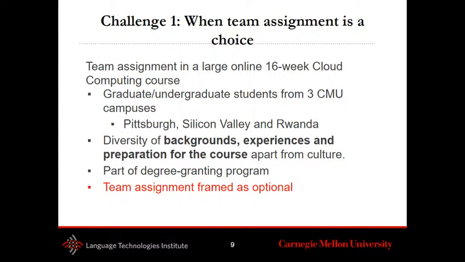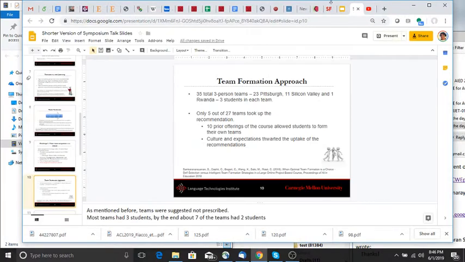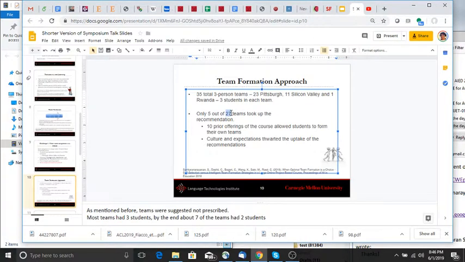And this offers the challenge to our paradigm that in the prior studies, the team assignment was kind of forced on students. They didn't have a choice. But the culture of this particular online course is that usually students got to choose their own teams. And now we're introducing automated team assignment. And we're offering it as a suggestion, as students could choose not to take up that suggestion. And in fact, that's mostly what students did. So the entire course was divided into 3-person teams using this paradigm. And those recommendations were given to all of the students, but only 5 of the teams actually took up the recommendation.